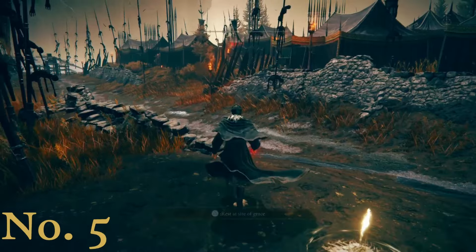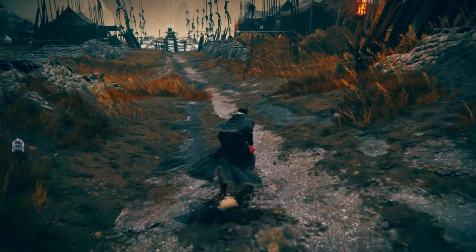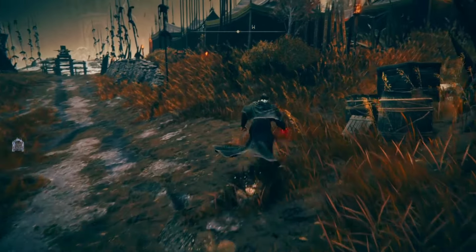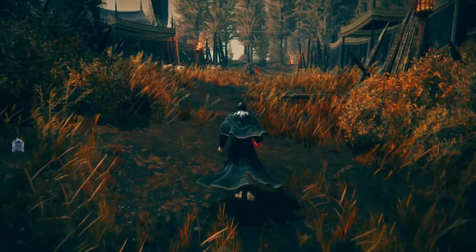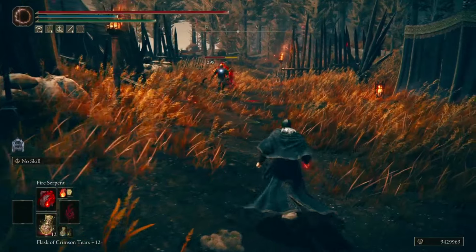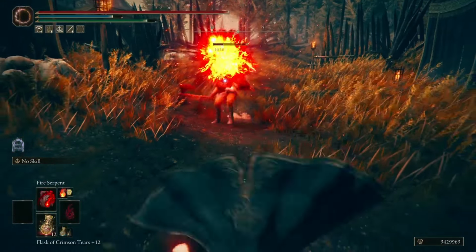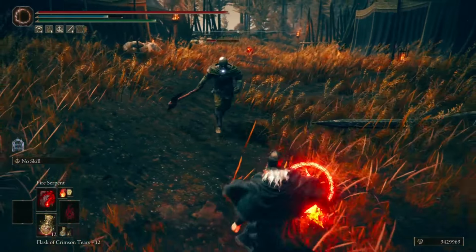Alright, and first up on the list we have Fire Serpent. This is one of the Mesmer fire incantations. You get this in a place in the DLC that I will not spoil. So this little guy, while not doing a crap ton of damage, has very aggressive tracking. And it doesn't do the most damage, but I am sure